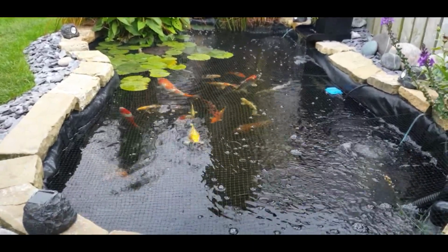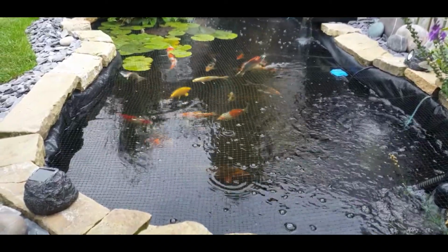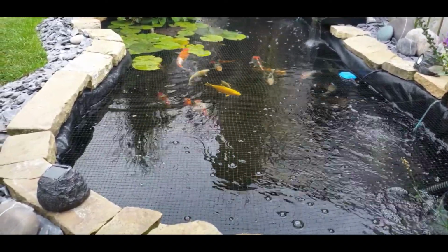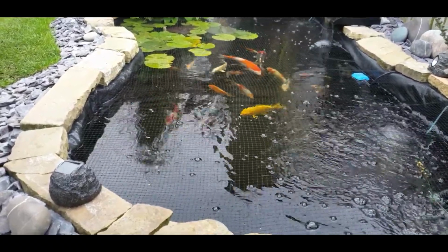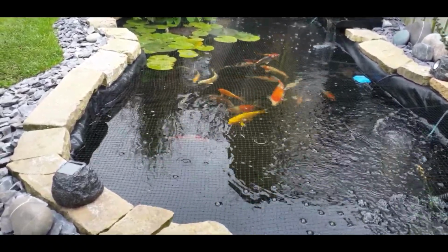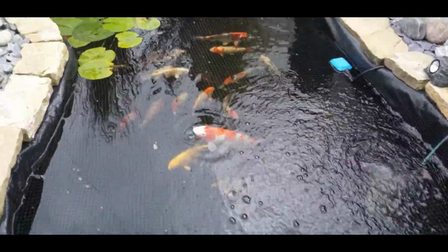In my last video I was speaking about one of my fish which I suspected being a little bit under the weather and looking a bit thin. Well, this morning I didn't want to bother you all again with another balling up of fish, but I did get a chance to have a quick look at him. Now he's just down there,